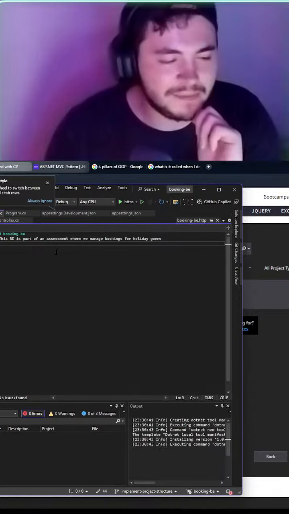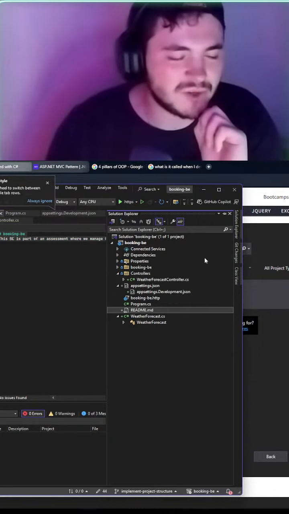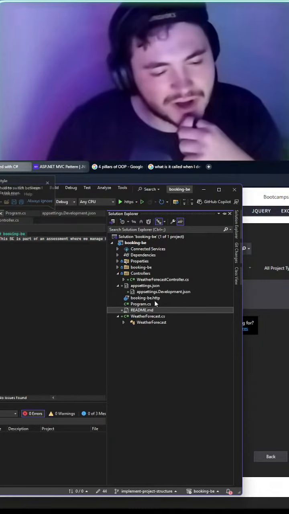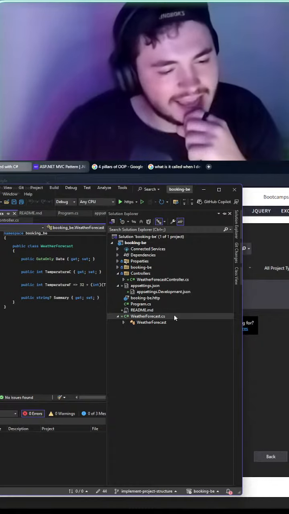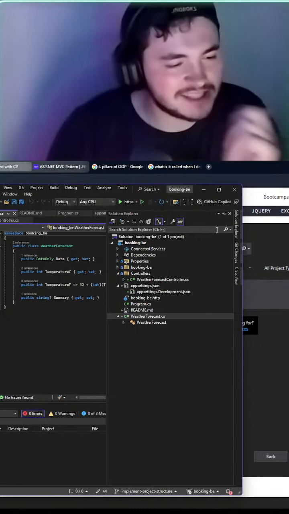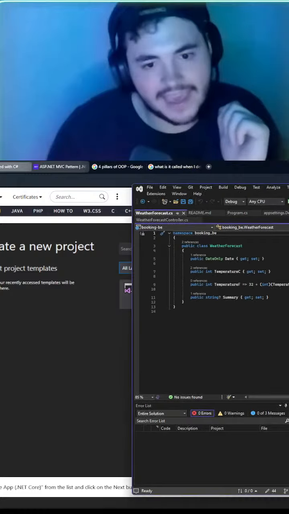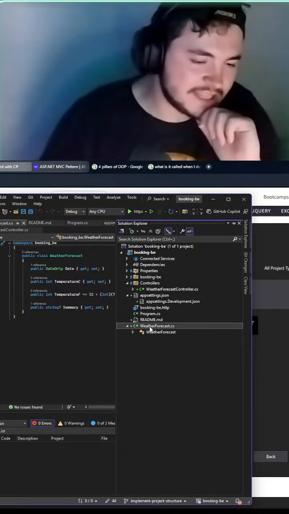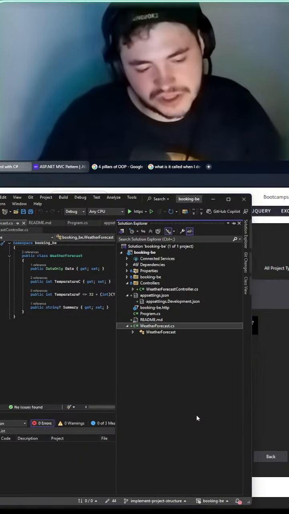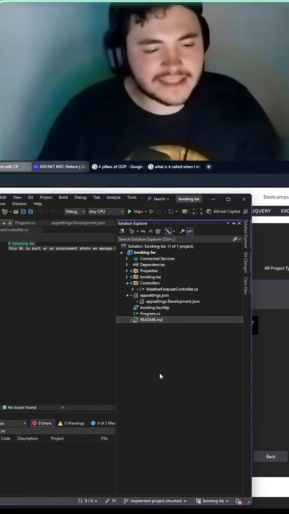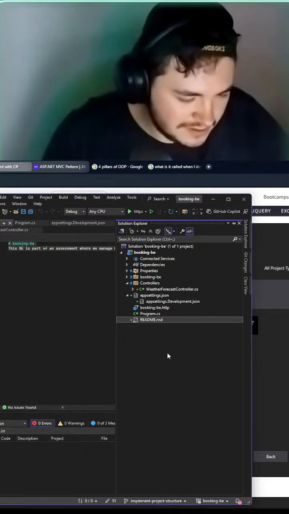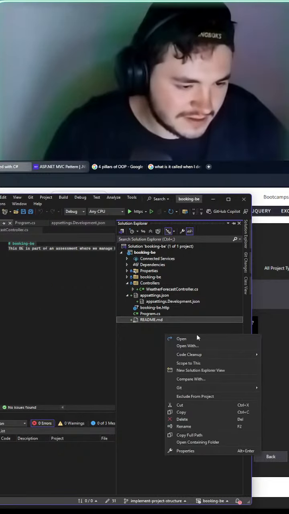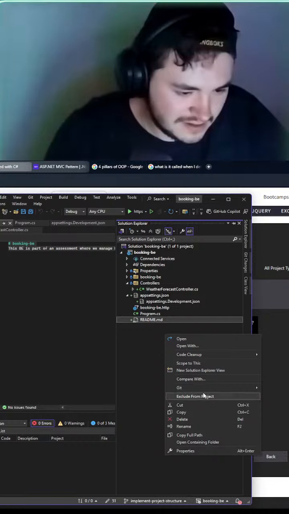Okay, README is just the basic how-to guide for how to use your program. And this WeatherForecast.cs is just a naked class just hanging out there. So I think right about now we can start taking a look at structuring our project, right? So let's delete these classes. Can I Control Z? Undo.